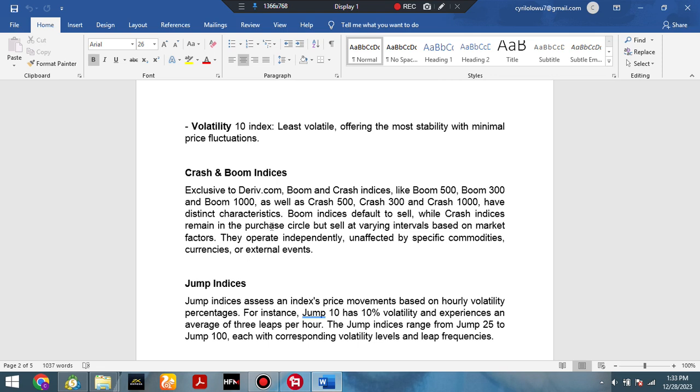Yes, all these pairs, the boom and the crash, are not affected by external events such as holidays and everything. In fact, in general, all the pairs involved in synthetic indices don't have any side effect regarding the